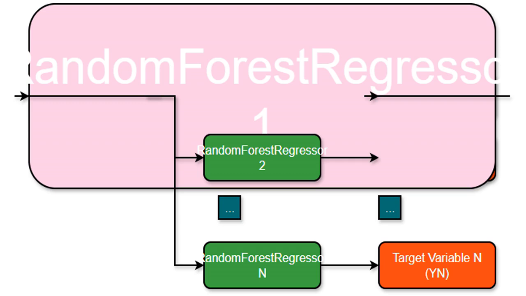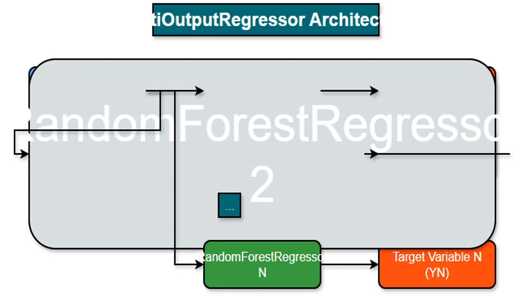It's a random forest regressor, a type of machine learning model used for regression tasks, predicting continuous values. It will learn the relationship between the input features, x, and the first target variable, y1. This represents the second random forest regressor model in the multi-output regressor. It's also used for regression, and it will learn the relationship between the input features, x, and the second target